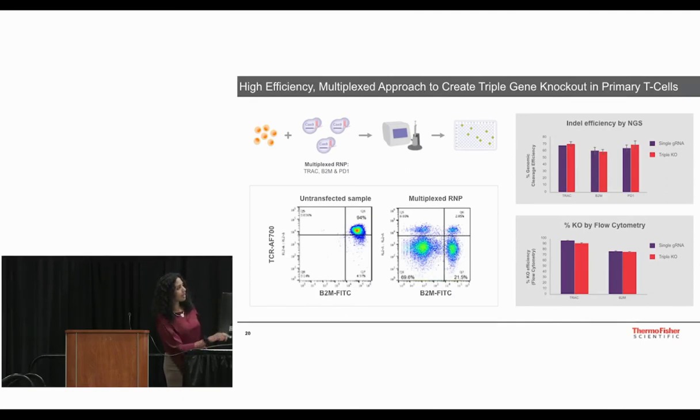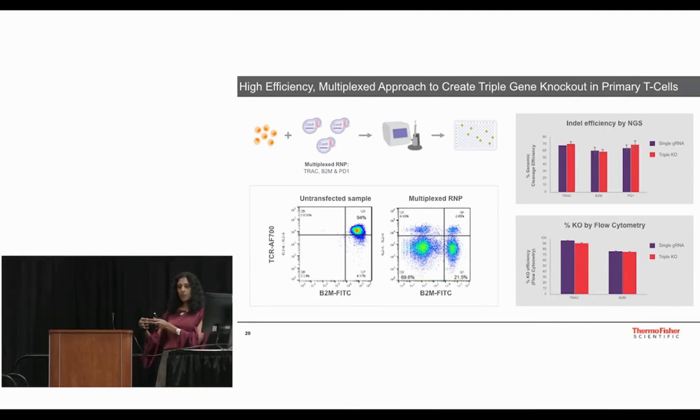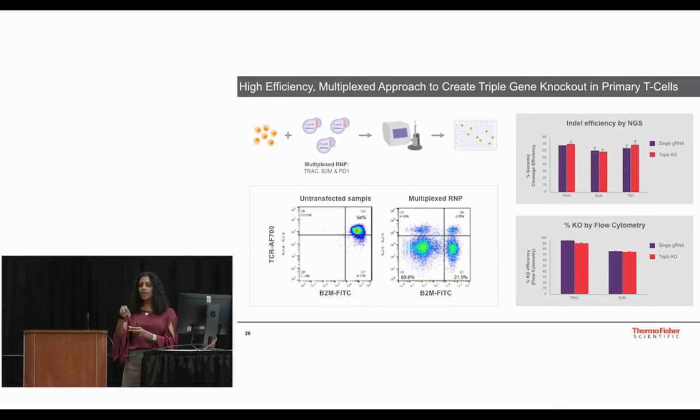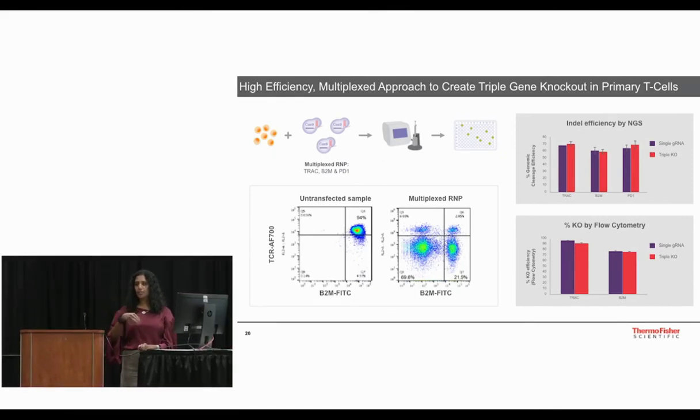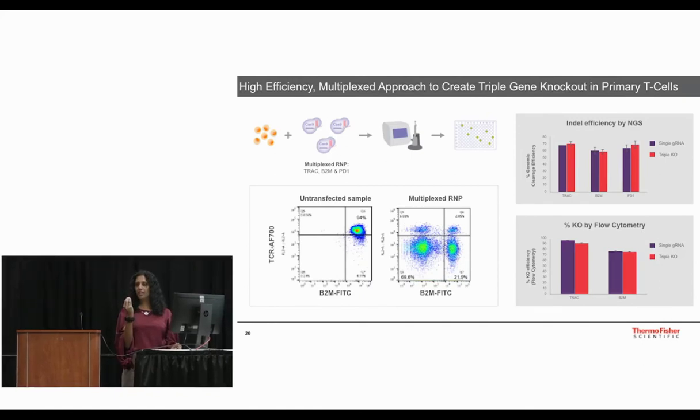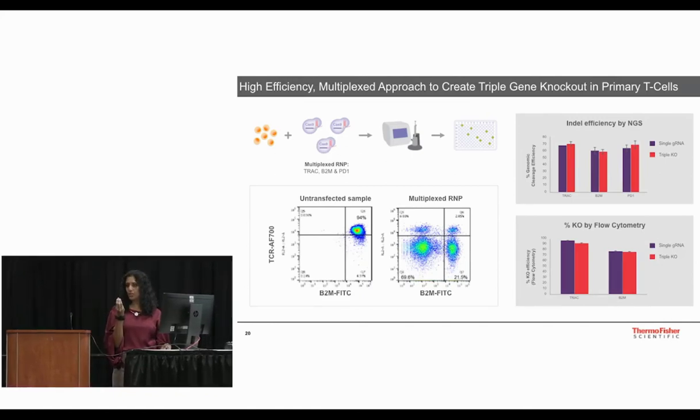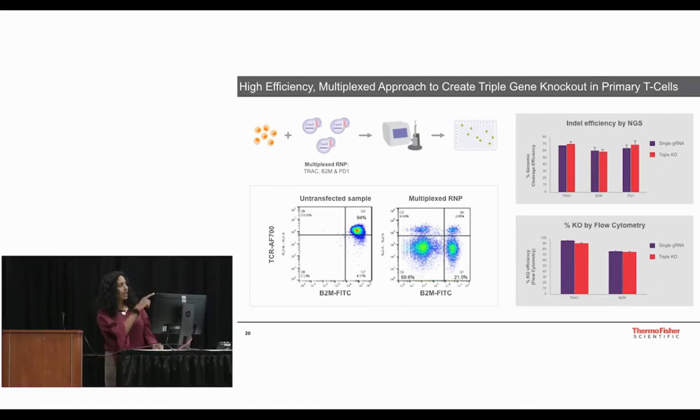And then the red bars, I have another well with all of the 3 guide RNAs pooled together. So basically, you're taking the Cas9 and all 3 guide RNAs into 1 tube, mixing them. You're dividing the total amount of guide RNA molar amounts that you have into all 3, and that's the 4th well. And when I'm doing my editing efficiency post-transfection, 48 hours later, I harvest the cells, and I'm doing NGS